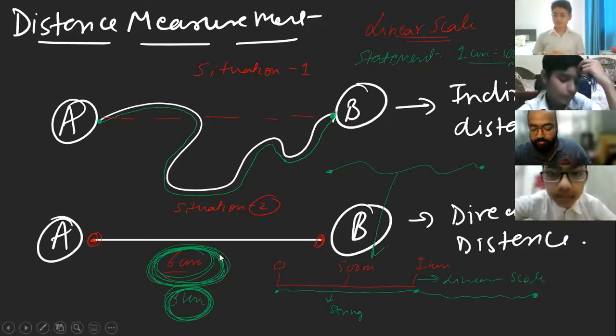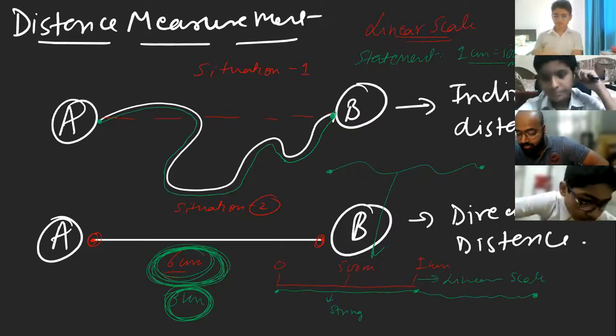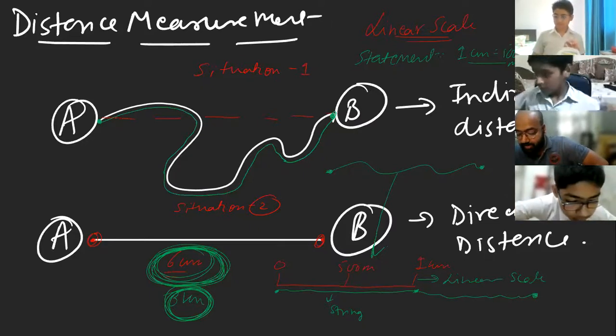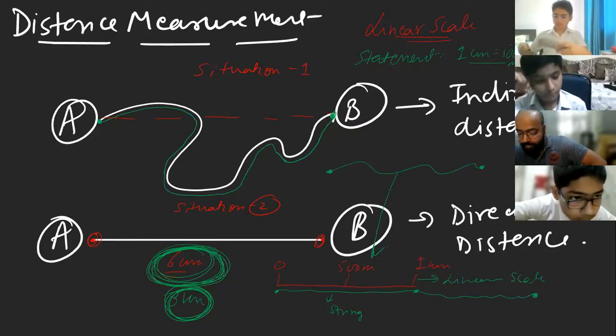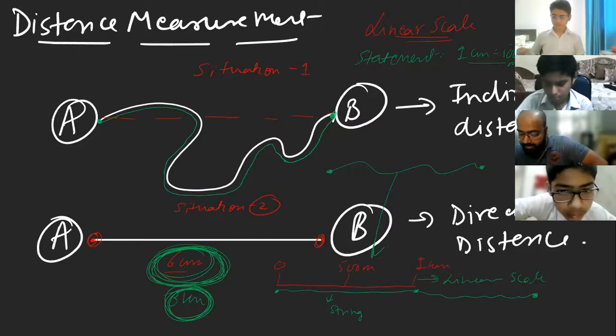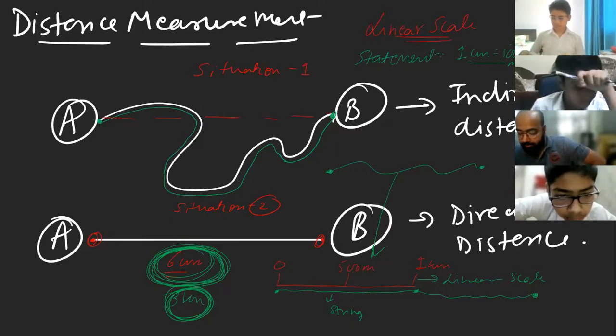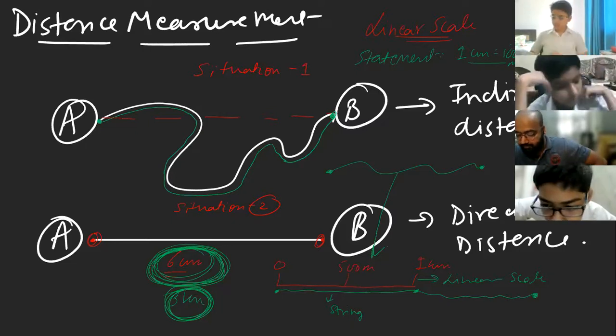Let's quickly read it from the book once. How to measure the direct distance. The measurement of the straight line features like road, railways, lines, etc. is simple. Number 1, mark 2 points on the map between which the distance is to be measured. First, we'll mark 2 points like I have done it, A and B. Measure the distance with the help of a divider. You can use a divider also, piece of paper also, or you can use a thread also between the given points on the map.